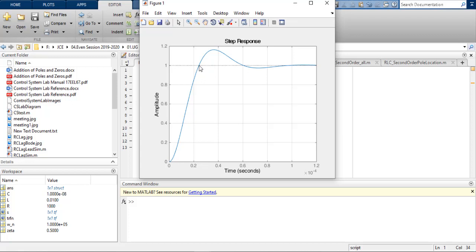The time here is 0.2 times 10 to the power minus 4, so it is something like 0.23 times 10 to the power minus 4. This is the rise time. You have to see the peak overshoot. The settling time, everything will be shown in the step info command.